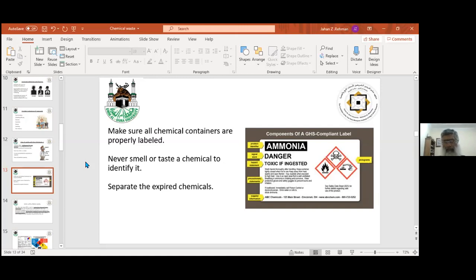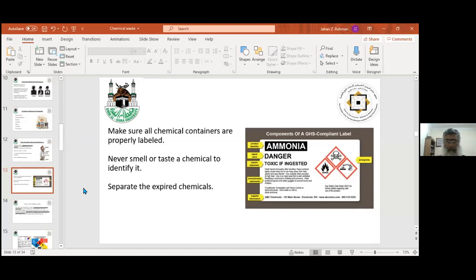For example, carbon tetrachloride, which is also not the... trichloromethane is a compound, an organic molecule, which is also known as... I forget its name. Its name is chloroform, basically. Yes. If you smell chloroform, then you will become senseless. You may not be able to stand on your feet.